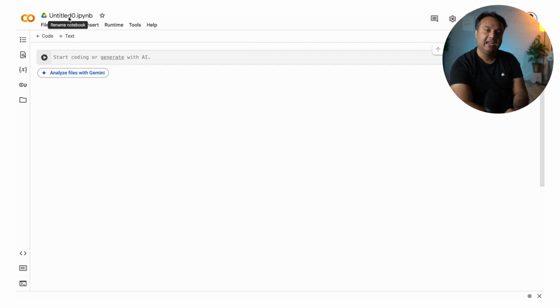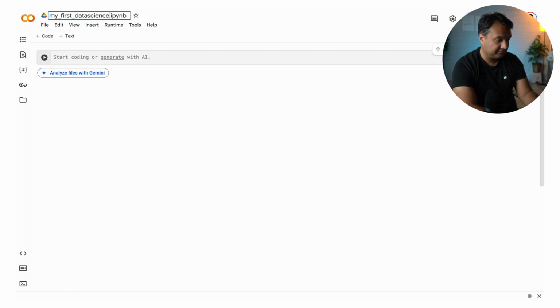So this is the name of the notebook. So I'll just rename it to my first data science project. And just like everything in computers has an extension, the extension for notebooks is IPYNB, which basically means it is a Python notebook. Then you have these cells where you can write the code. For example, I showed you how to print hello.